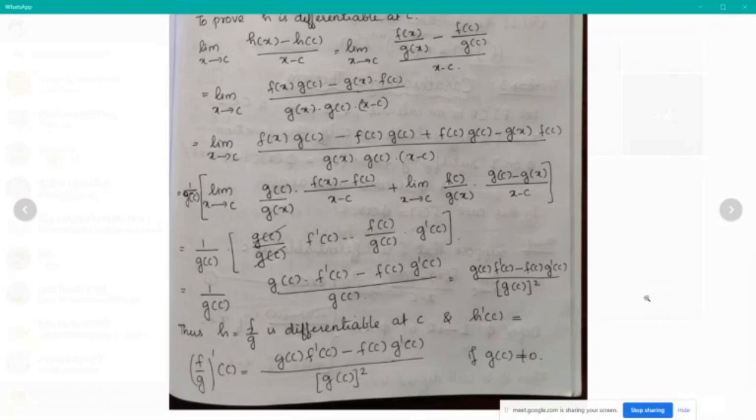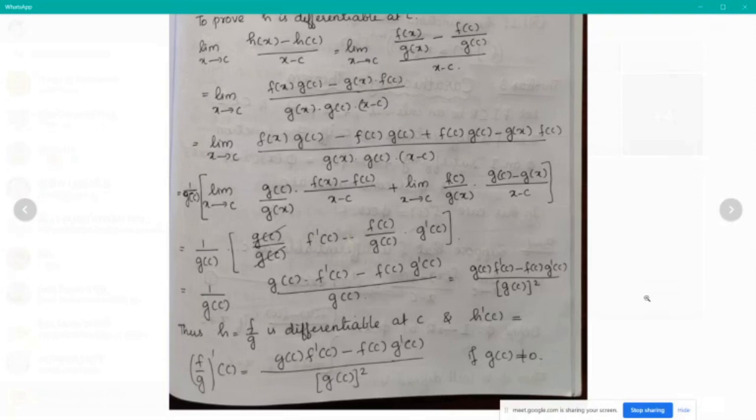ആ ടേം ഒരു കോൺസ്റ്റന്റ് മൈനസ് f dash c മൈനസ് പിന്നെ ഒരു റേഷ്യോ ആണ്, 1 minus 2 by 3 എന്നൊക്കെ പറയുന്ന പോലെ. അപ്പോൾ ഒരു നമ്പർ മൈനസ് എ ഫ്രാക്ഷൻ, അതും ഇതുപോലെ തന്നെ ക്രോസ് മൾട്ടിപ്ലൈ ചെയ്ത് നമ്മൾ ആ ഫ്രാക്ഷൻസ് സബ്ട്രാക്ട് ചെയ്യുന്ന രീതിയിൽ സബ്ട്രാക്ട് ചെയ്തു. സോ g of c into f dash c minus f of c into g dash c divided by ഡിനോമിനേറ്ററിൽ വി വിൽ ഹാവ് g of c. Okay, so that can be written as g of c and g of c in the denominator. You can write g of c into f dash c minus f of c into g dash c divided by